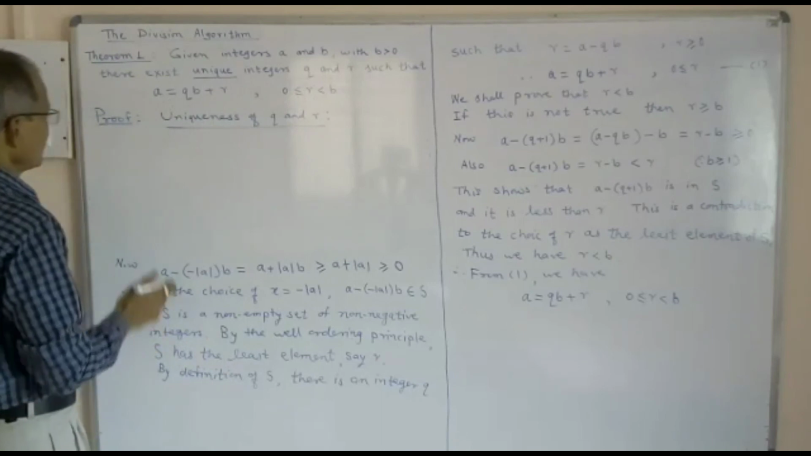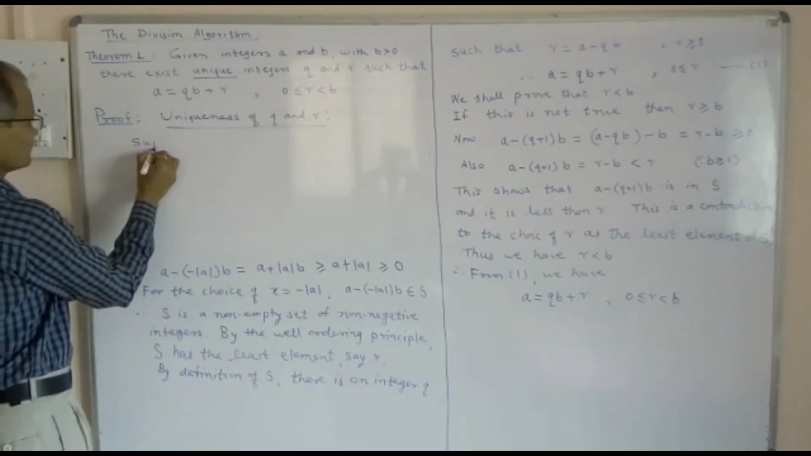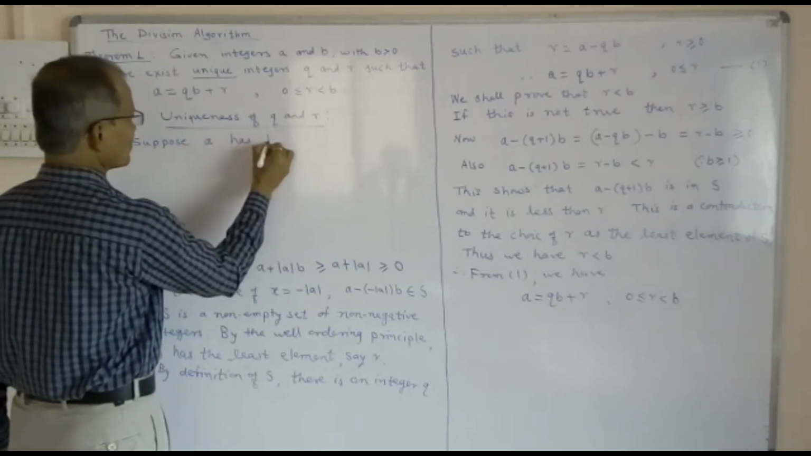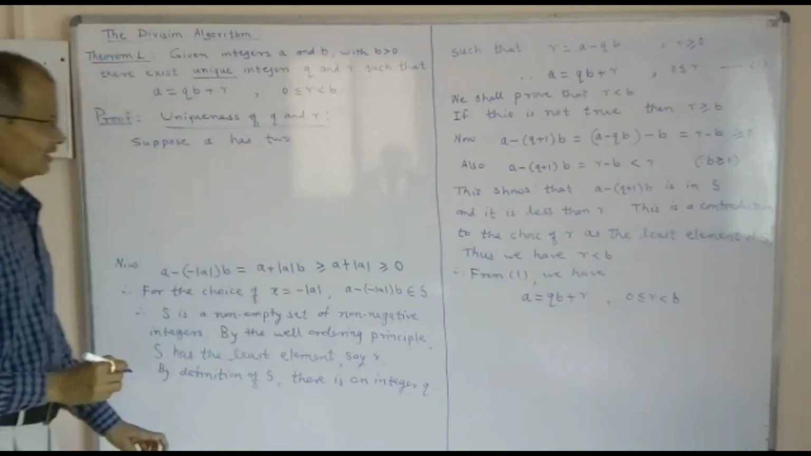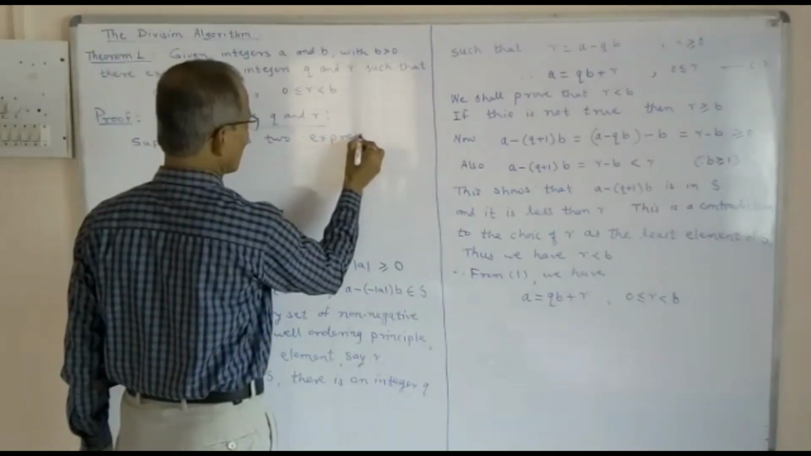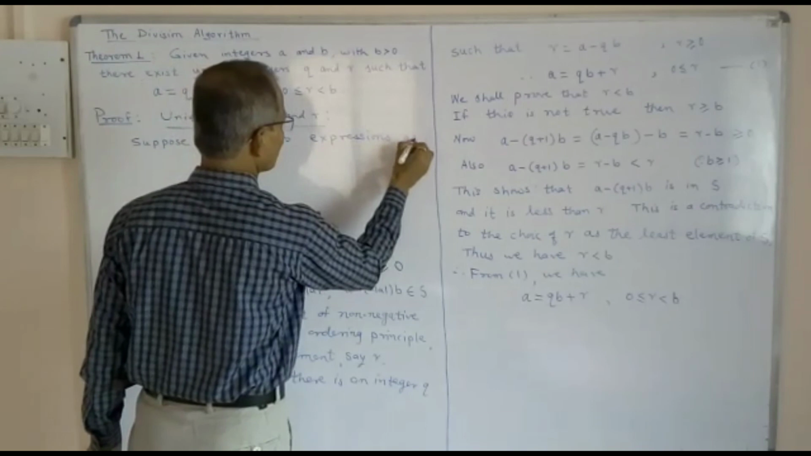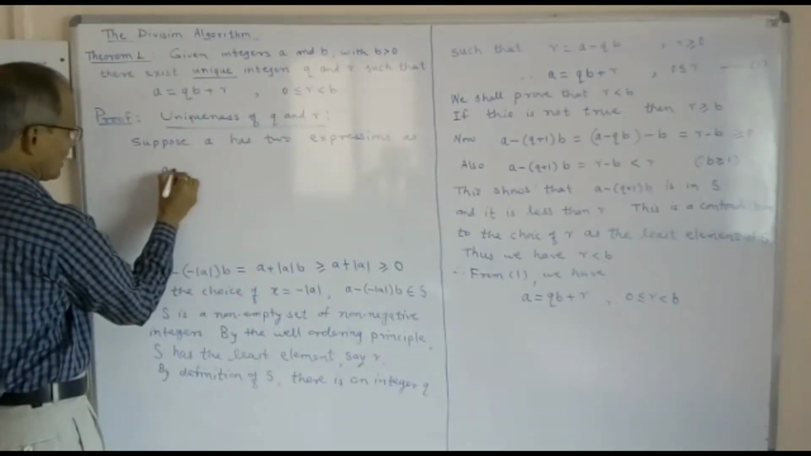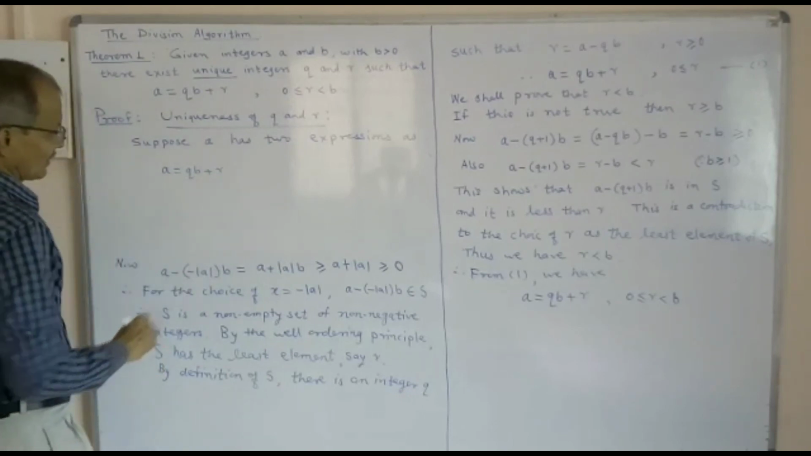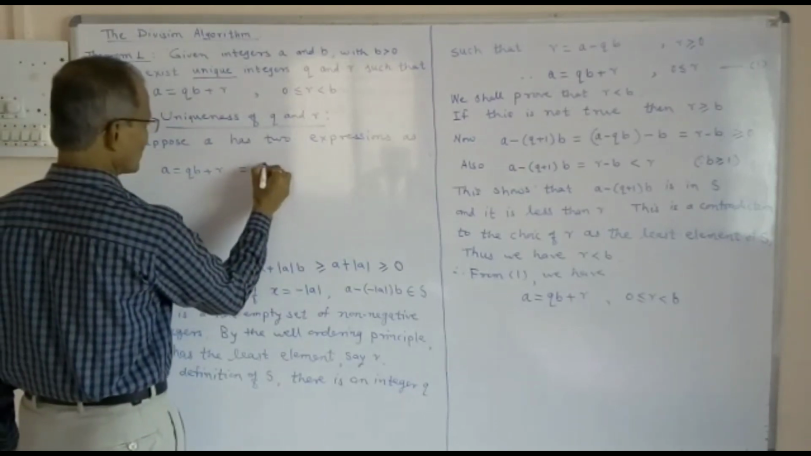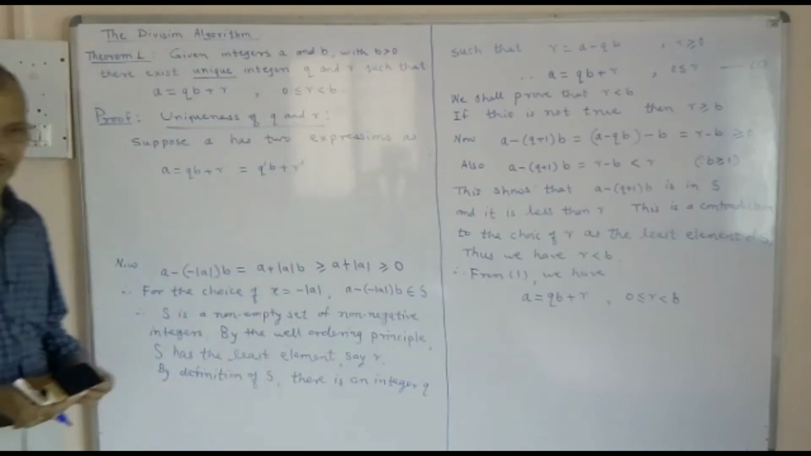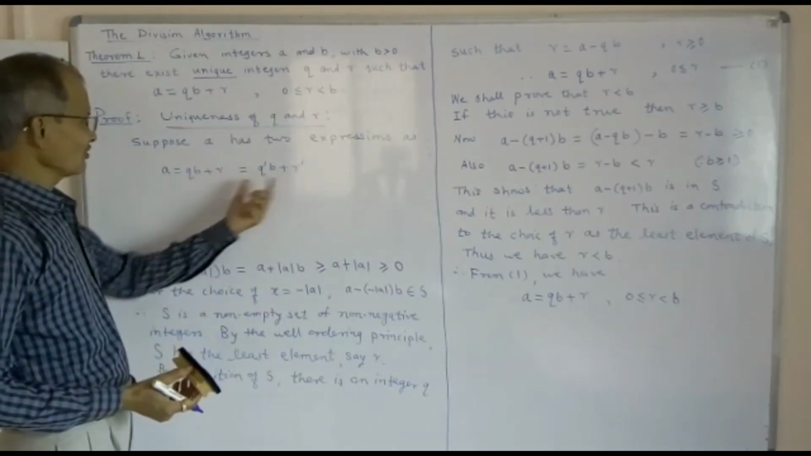Suppose A has two expressions. A is equal to QB plus R, and that is also equal to Q dash B plus R dash. So it can be written in two ways. That means Q and R are not unique. There are other values also, where